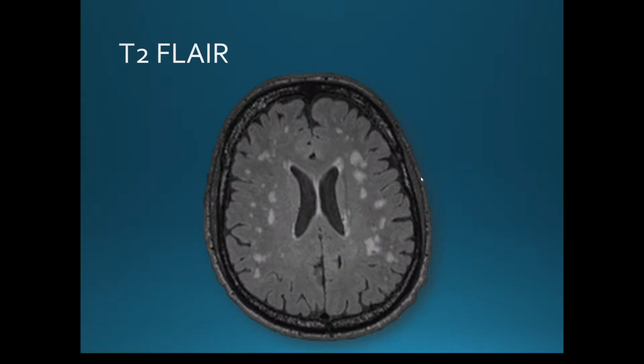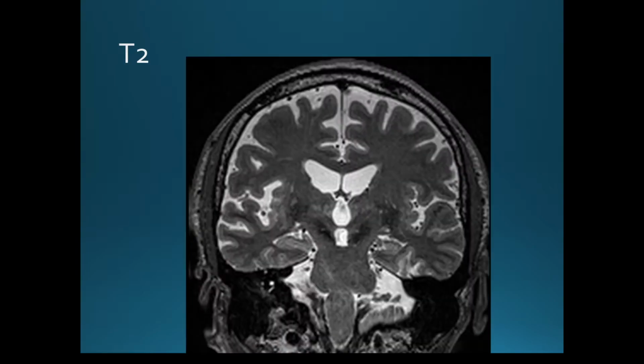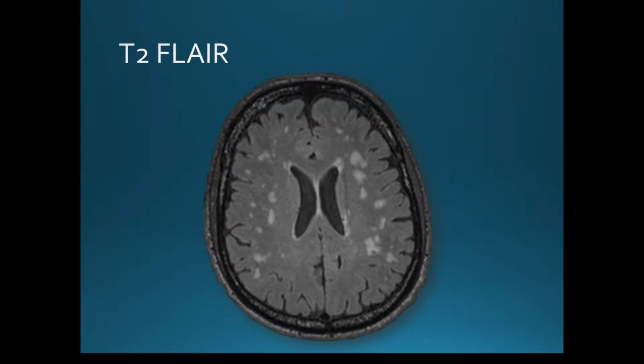So this is what we call FLAIR, which stands for Fluid Attenuated Inversion Recovery. And this is a special type of T2 scan. Again, don't worry right now what T1 and T2 mean. Those are just terms, just understand what they look like. And so compared to a basic T2, what this T2 FLAIR does is it subtracts out the signal